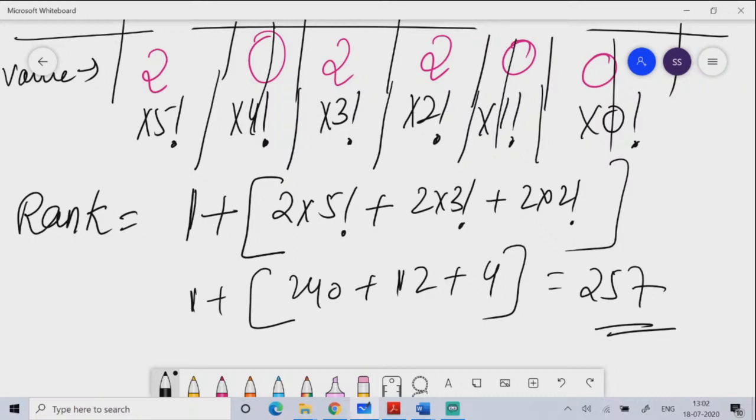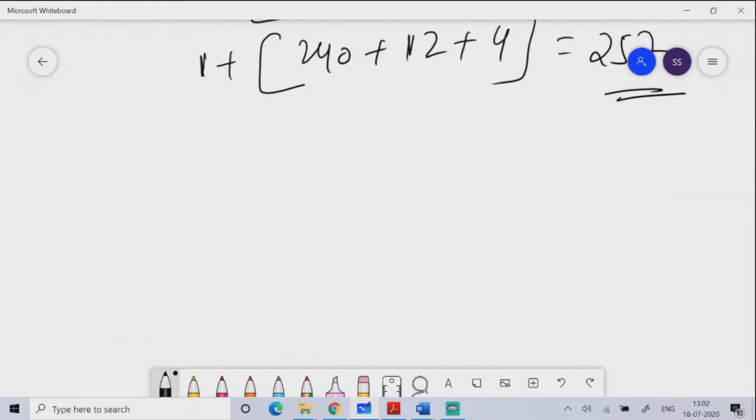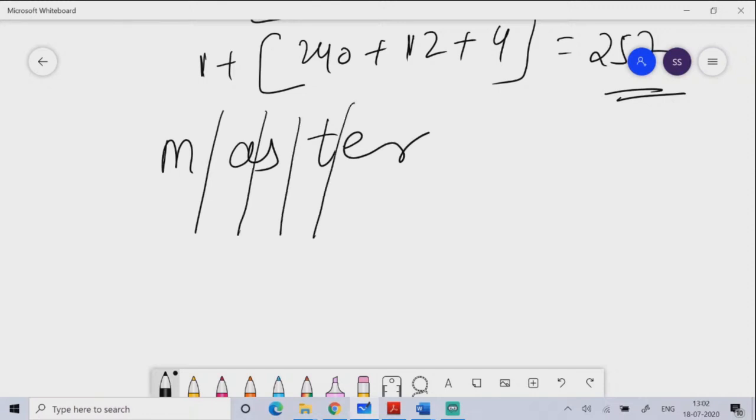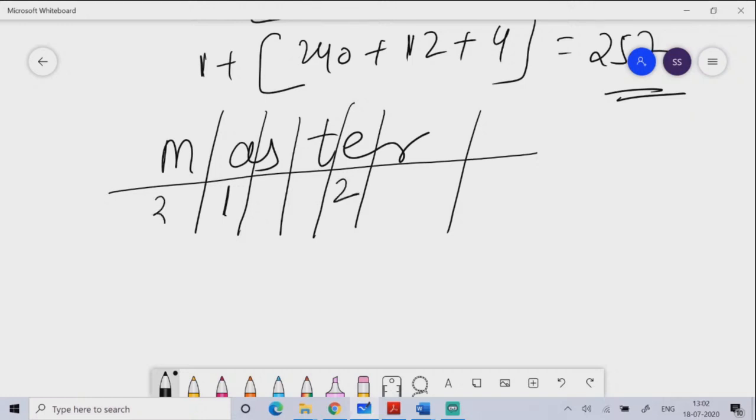The same thing, if you want to do it step by step. You know that in MASTER, A is first, then E is second, then M is third, then R is fourth, S is fifth, and T is sixth. So logically, if you want to solve this, thank you Himadri, you know that in the dictionary